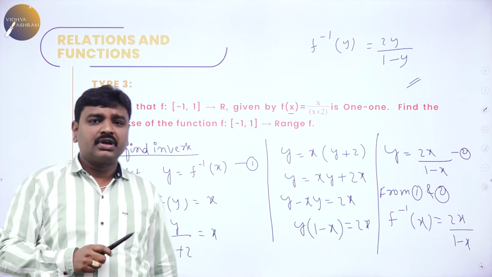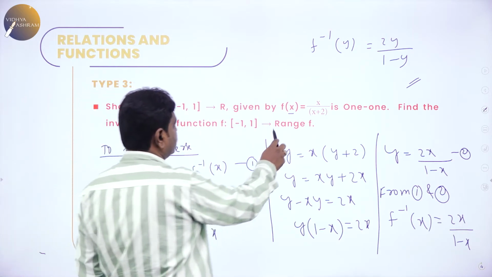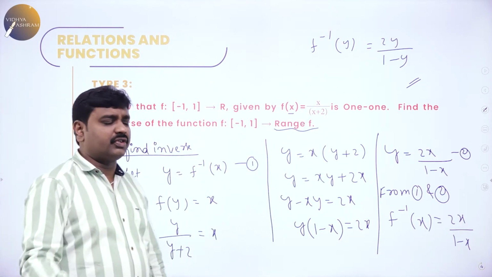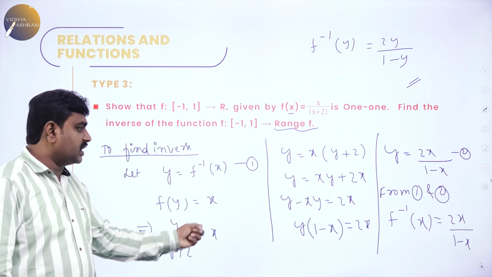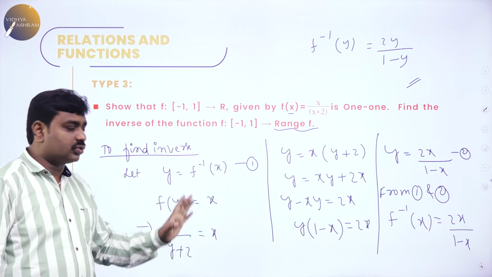First we proved one-one, and they told here the codomain is the range, therefore it will be onto. They are not asking you to prove invertible. They just want you to find the inverse. We have done it. Any doubts in this? So while rearranging and multiplying, do it carefully so that you will not make any mistakes.